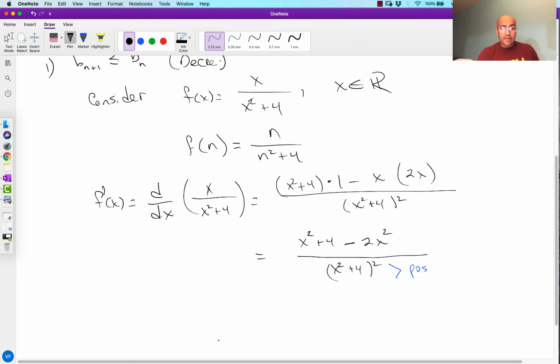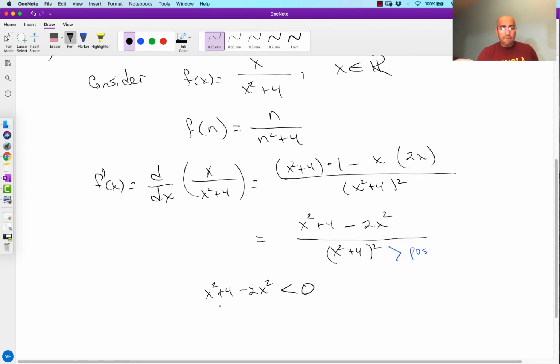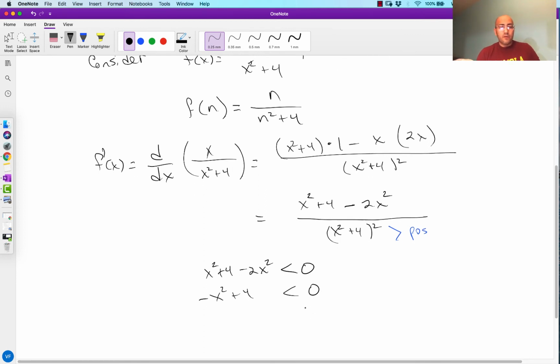So we would say that x squared plus 4 minus 2x squared is less than 0 for what values? So x squared minus 2x squared is minus x squared plus 4 less than 0, which means that we have 4 minus x squared is less than 0,